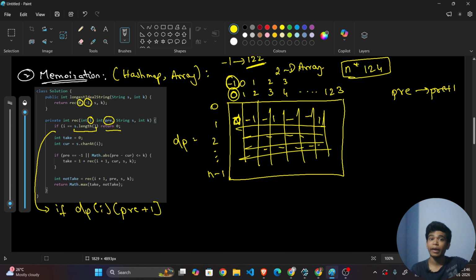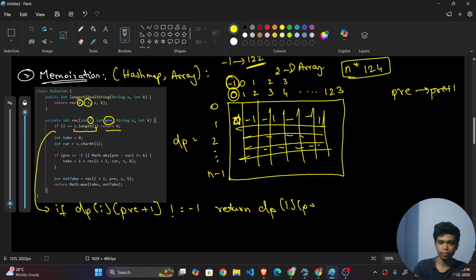If previous is -1, then I will be doing +1 to make this as 0. Can you understand this? Okay, fine. So if dp of I and previous plus 1 is not equal to -1, then just return dp of I and previous plus 1. That's it. Okay, and then before returning this value, instead of this line,